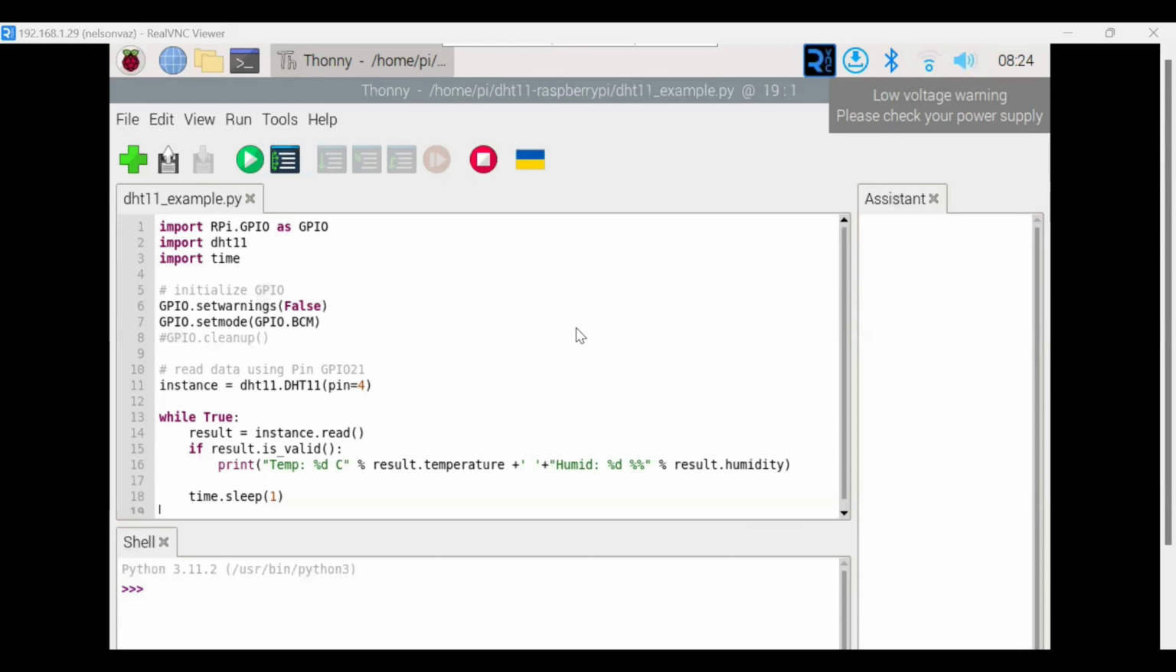Now we can see how to dump the code in Raspberry Pi. For that, first we need to write the code in Thonny IDE. This is the code which is written for DHT11 temperature sensor. Here we are configuring all the GPIO pins, and import DHT means this is the library file which we are importing here, and import time means here we are using this time file for giving delay in the program, and here